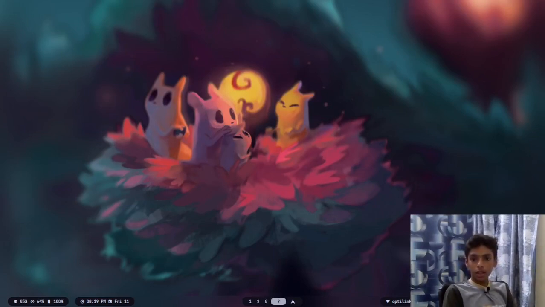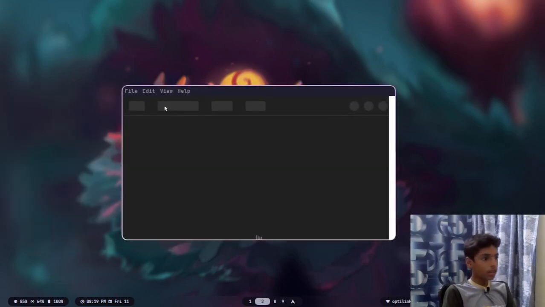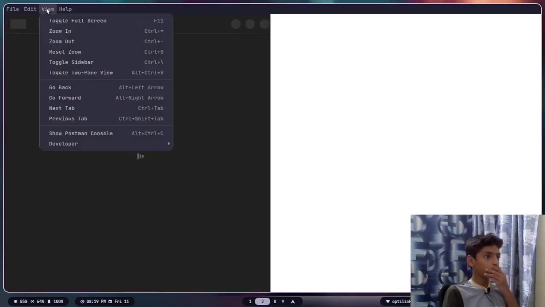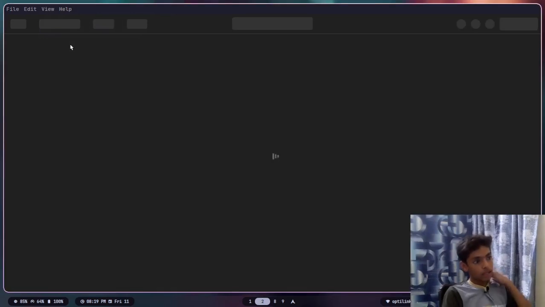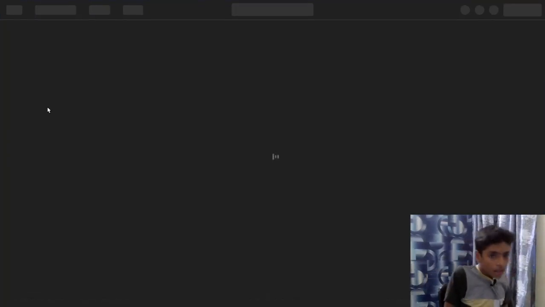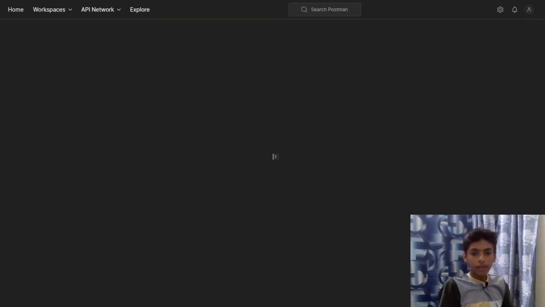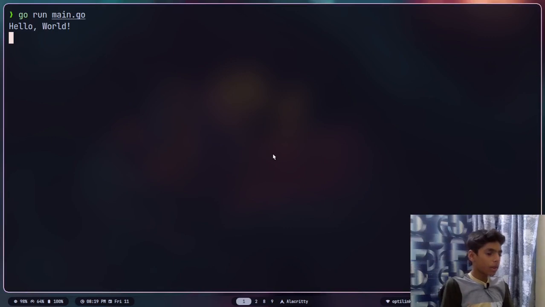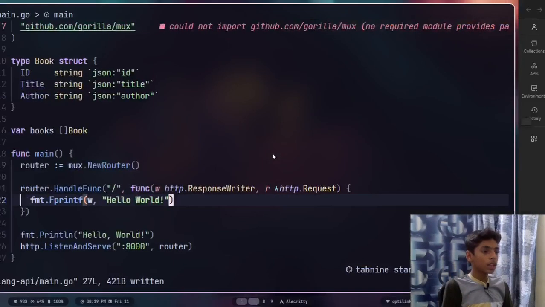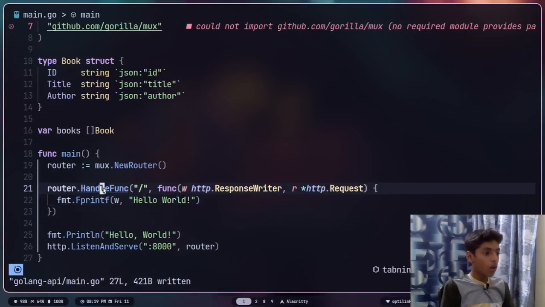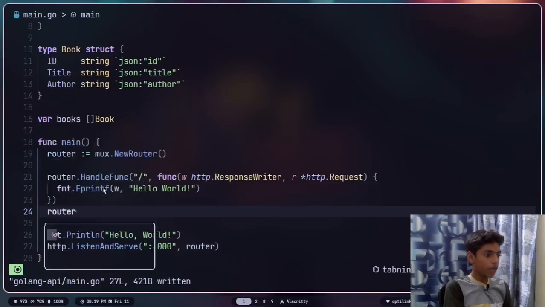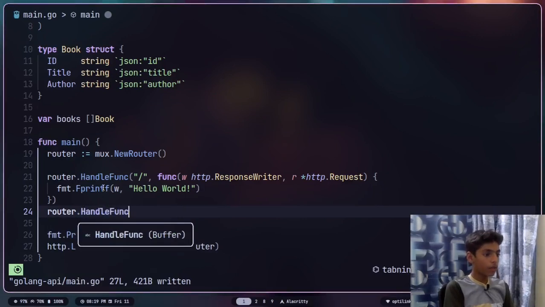So let me get this thing right over here. Okay, so here is Postman opened. Now it's large enough. So now what we have to do is create an add book handler or get book handler. That's all I'm gonna make, because we are focusing on Docker and not Golang. So let's create a router handle func